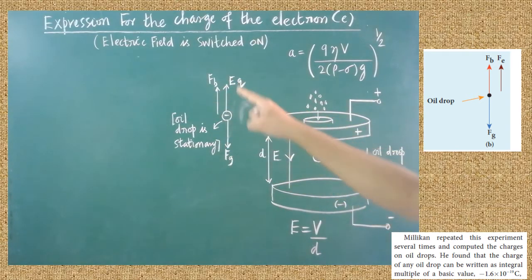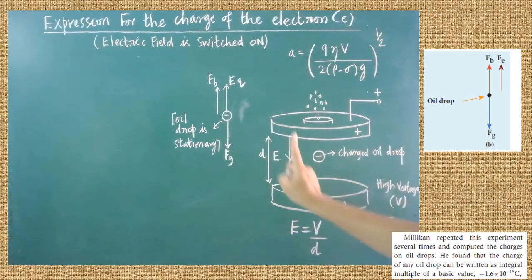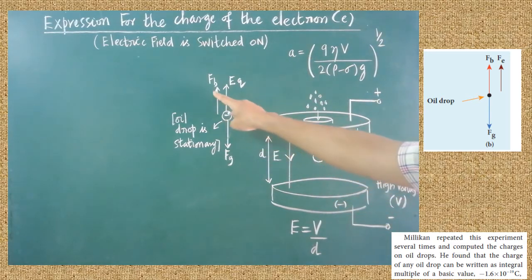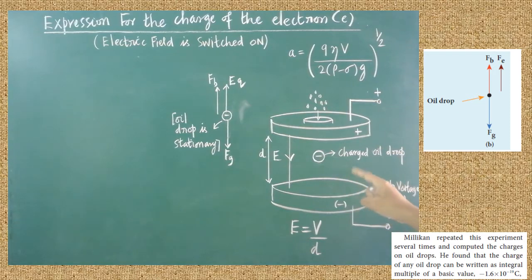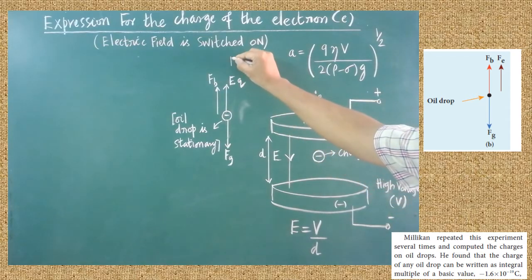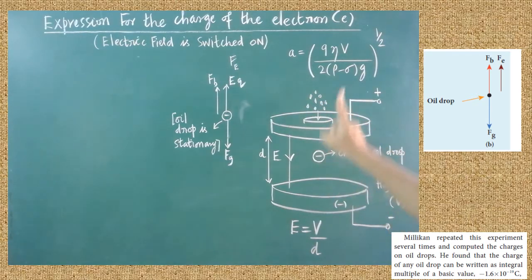Here I have drawn the free body diagram. With the help of the free body diagram, we can write the successive equations. Here the oil drop is experiencing a downward gravitational force. When it is descending, there will be an upward force, upthrust, offered by the air. So FB is nothing but upthrust, and Fg is the gravitational force acting on the oil drop. Here what will happen now? The positively charged plate will apply an upward force, that is called the electric force. That electric force can be called Fe. Is that clear? That is acting in the upward direction.